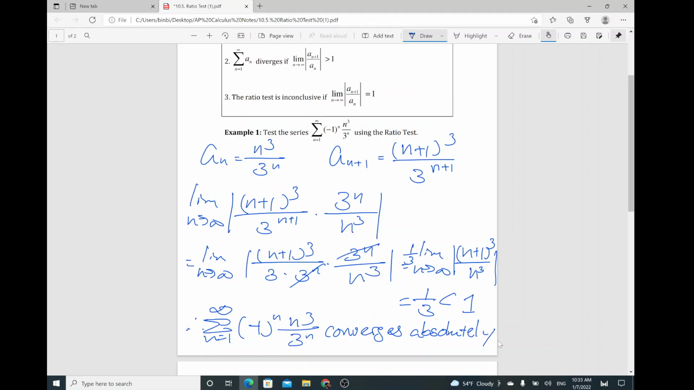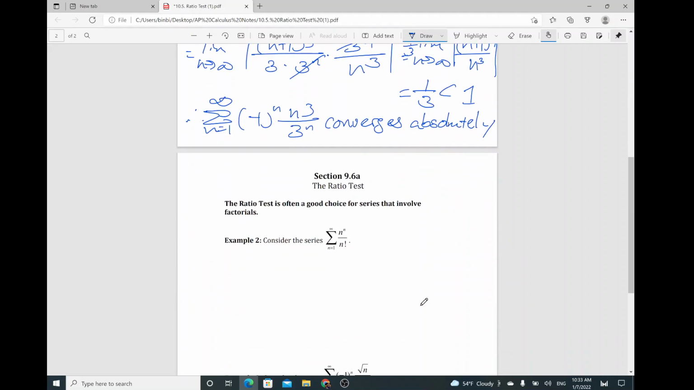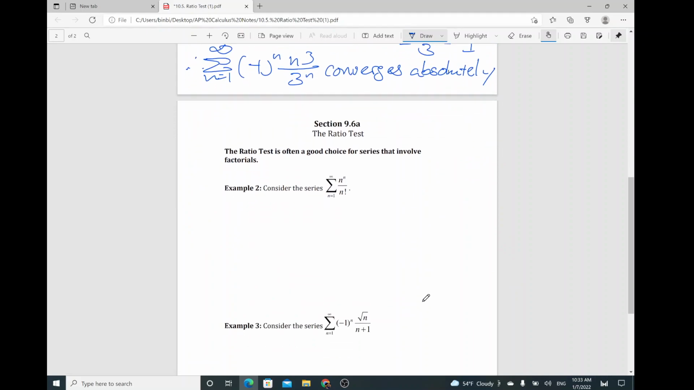Well, again, back to the alternating series, the absolute convergence theorem. It's saying that if the series converges absolutely, that means the series itself also converges. Okay, so now here's another example using the ratio test to verify whether it's considered convergent absolutely, or